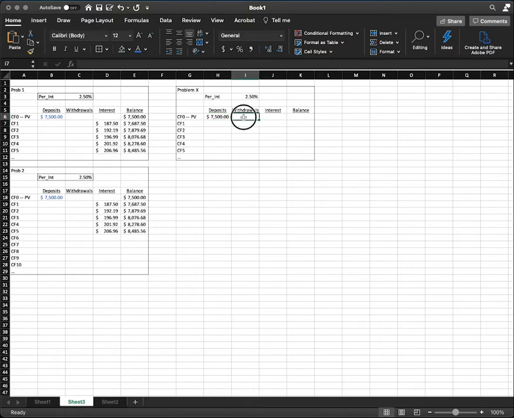Okay, then we have our withdrawals column. We're not going to do anything with our withdrawals column quite yet. Then we have our interest column. So how do we figure interest? Well, interest will be figured off of our balance. And since we put the money in today, cash flow 0, no time has passed for interest to accrue. So what we're going to do is we're just going to hit our balance equals